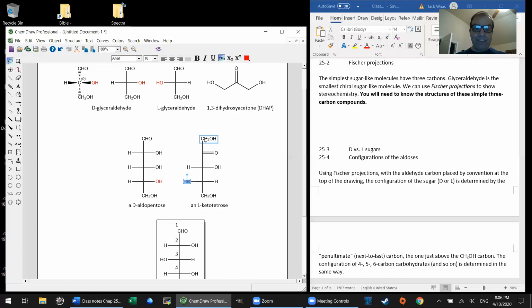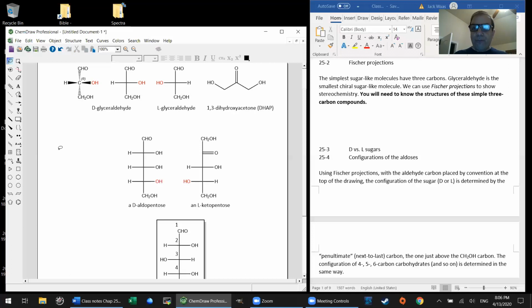And we would say this is a tetrose because there's, wait a minute, 1, 2, 3, 4, 5. I guess that's an L-ketopentose. I apologize. We'll fix that up straight away. A tetrose would have 4 carbons, but this is a pentose. It is 5 carbons. I think I meant to make a tetrose, but just forgot to remove another carbon. So anyway, those are the ways in which we break down these structures and are able to classify them.